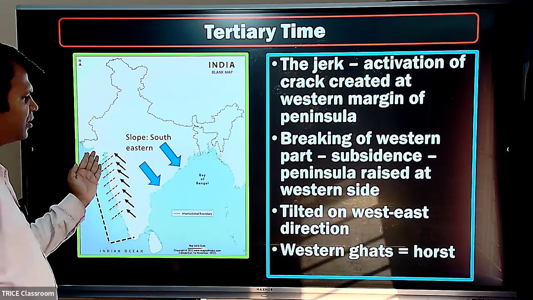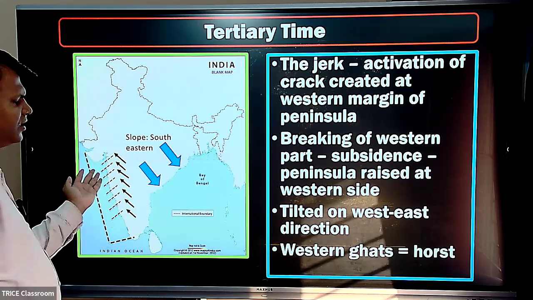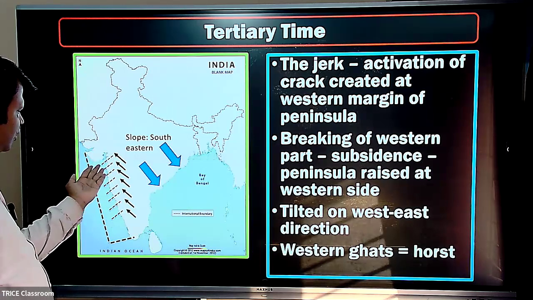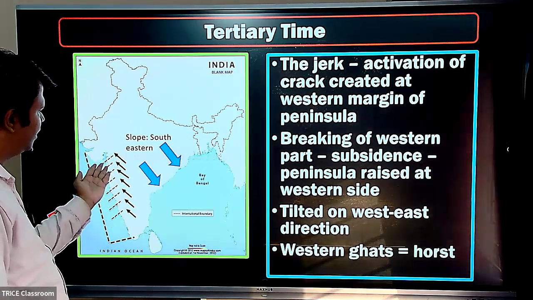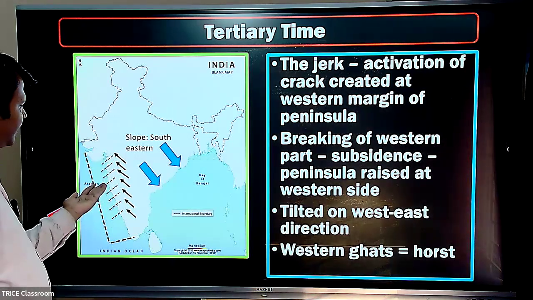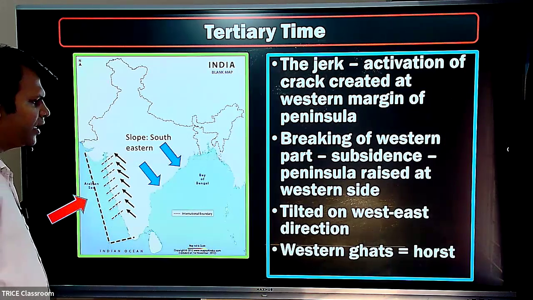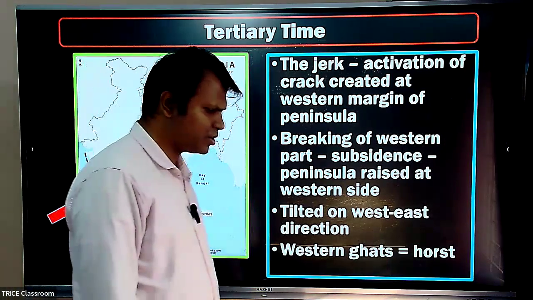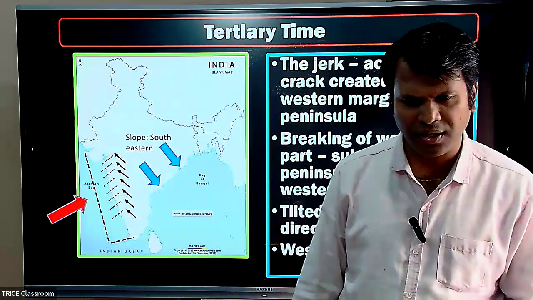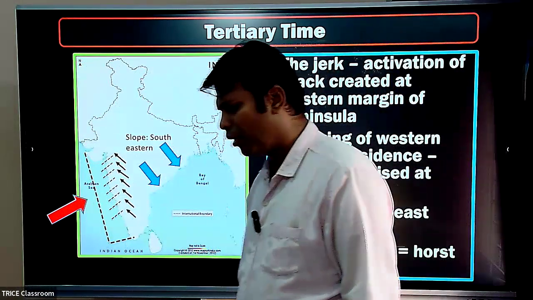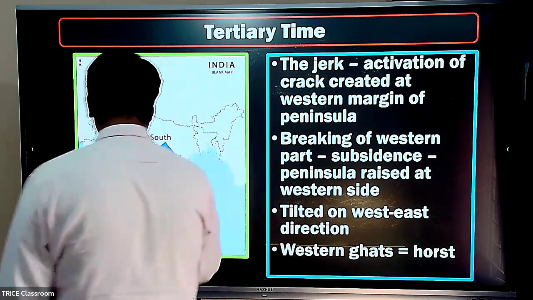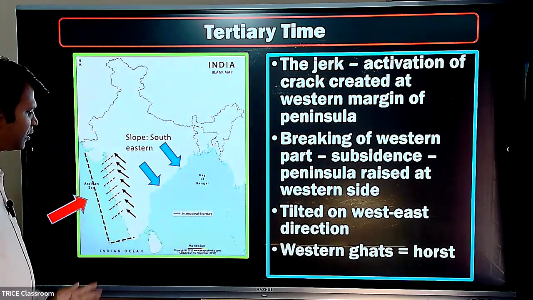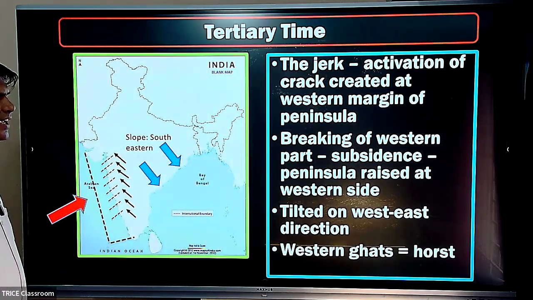The western portion tilted in the west-east direction. West-east direction is this. So it kind of got tilted, and that is how the Western Ghat today appears to be a horst. A horst is an uplifted region in a block mountain. So the Western Ghat got uplifted because of this cracking of the